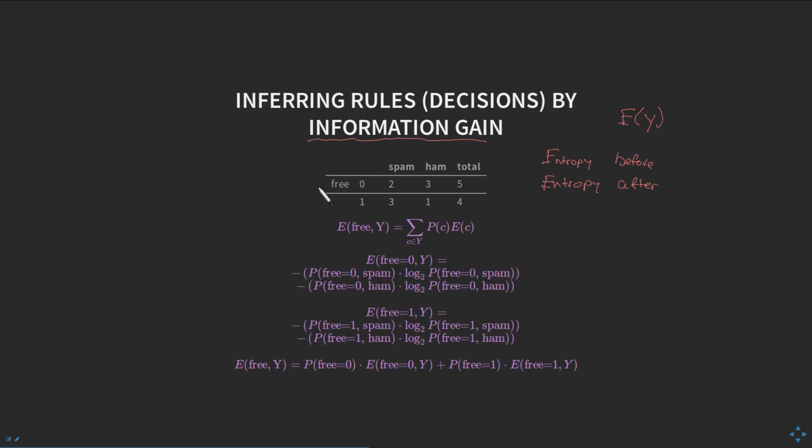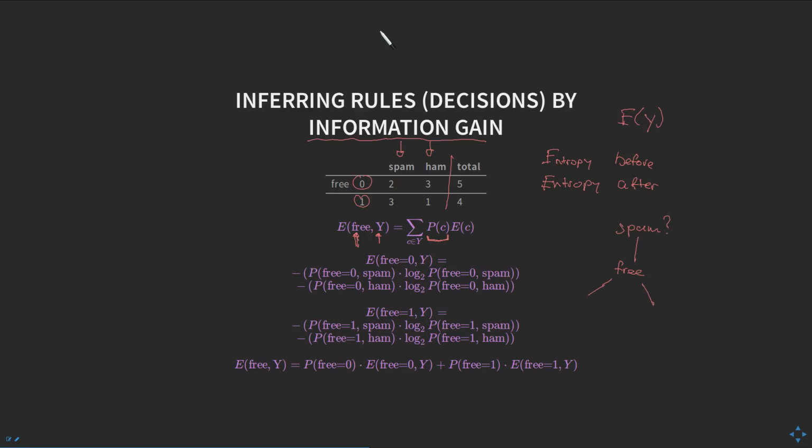As I said in the example before, the first feature we'll be looking at is free. So free can either be off or on, and then this is divided between when it's spam or ham, and just for convenience I made this total column right here, which helps us with filling out the formula on the next slide. Now to calculate the entropy for 2 attributes, so both the feature as well as the distribution over labels, we have this summation, and we want to weight with the proportion of the class that goes down each